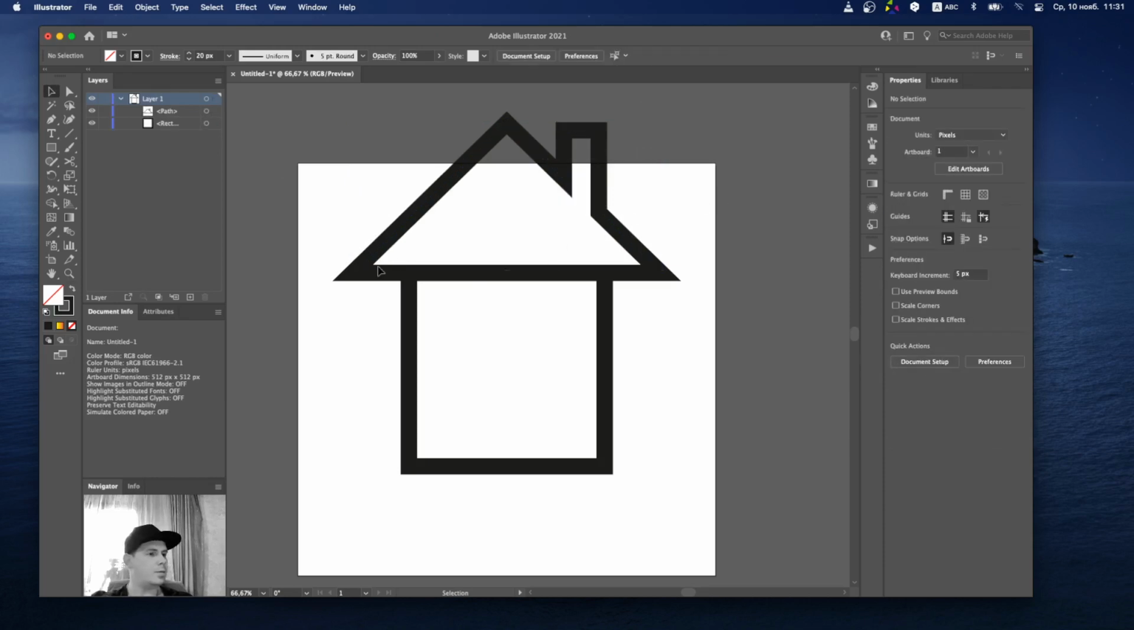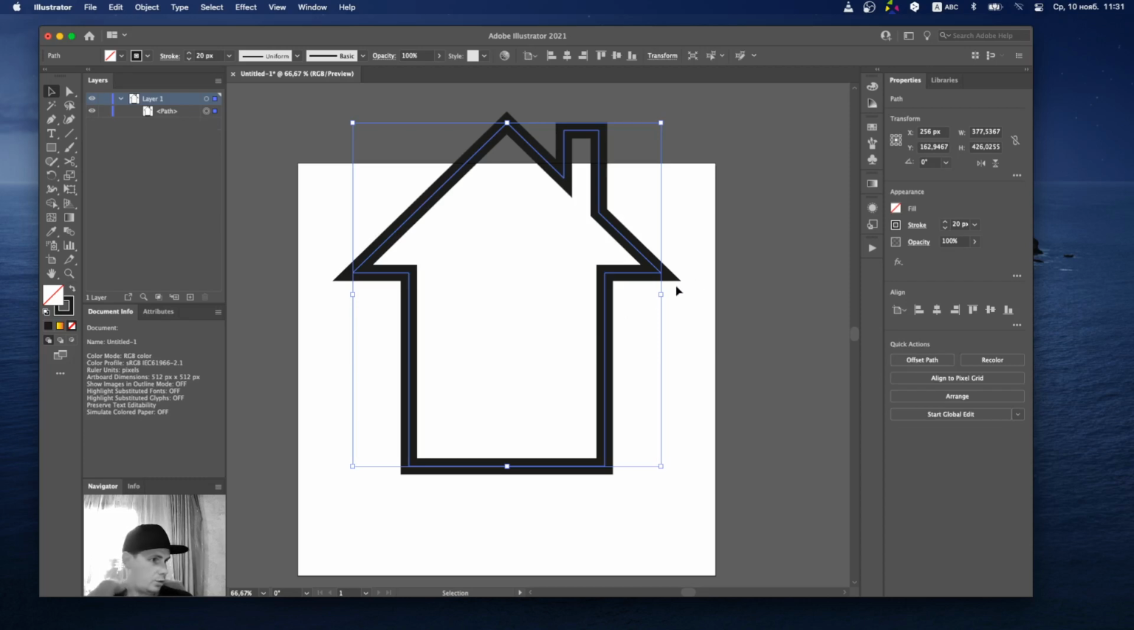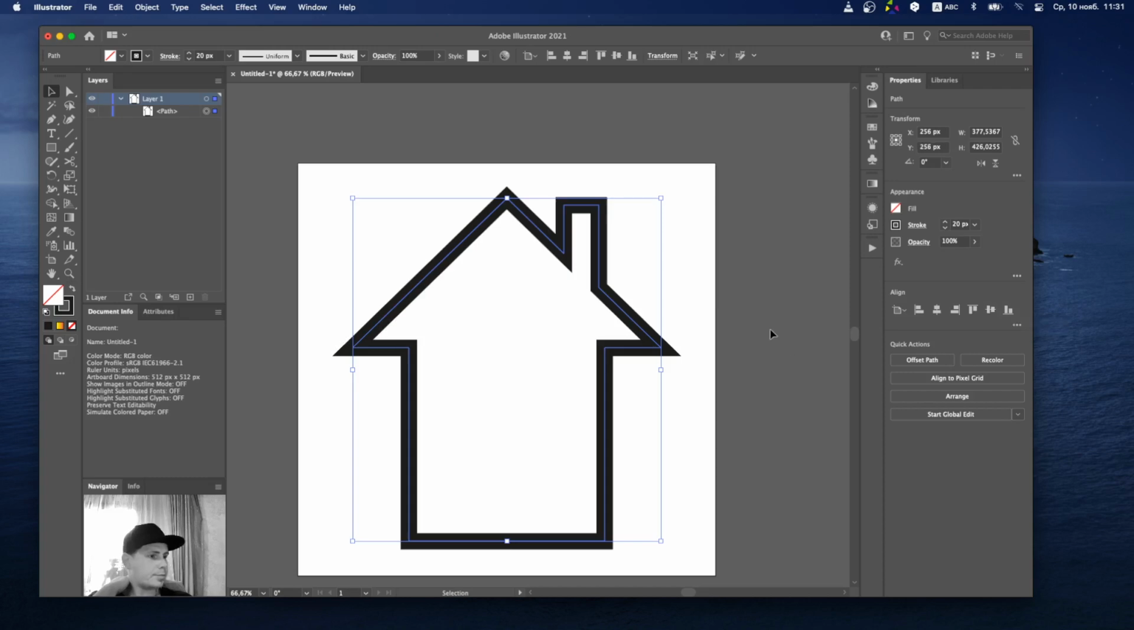Okay, then we select this form and our square form, and then click here once more. So this is our house, but